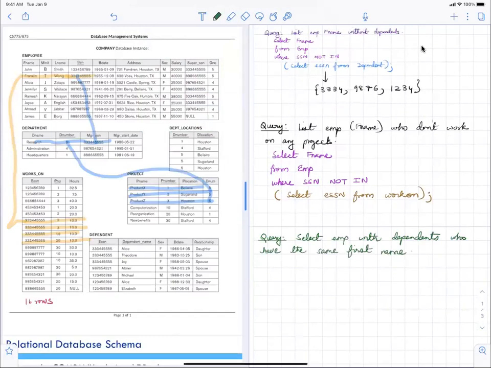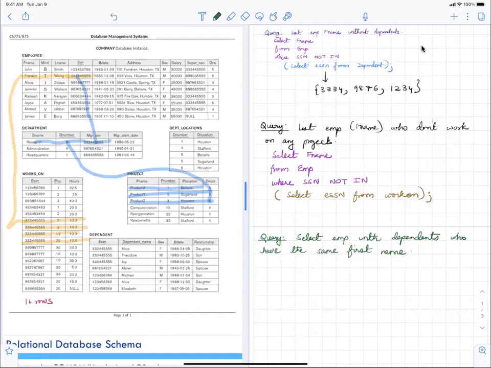Okay, so we want employees who have the same first name as a dependent. I wonder if there's anyone out here who has the same first name. John. I don't think there are any, but anyway, that's a query.